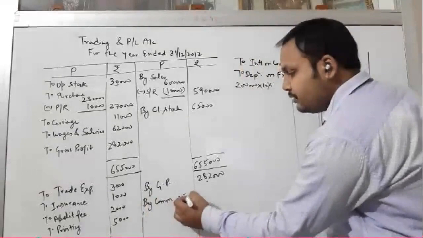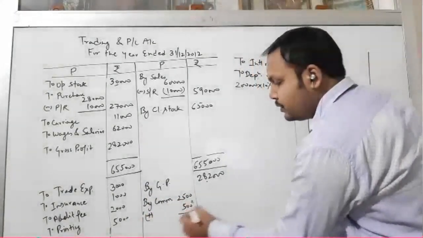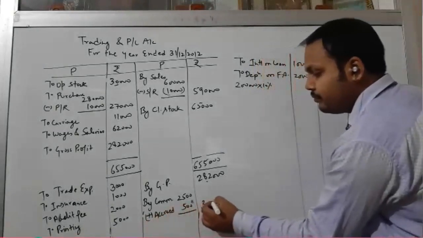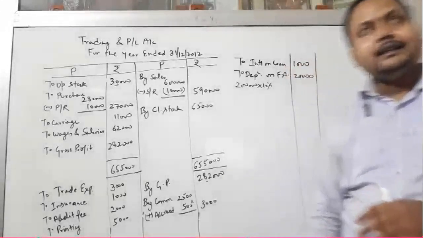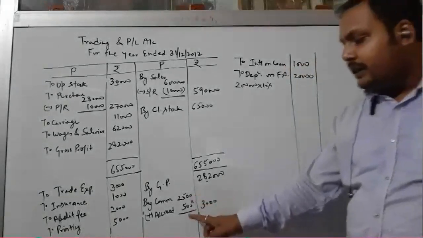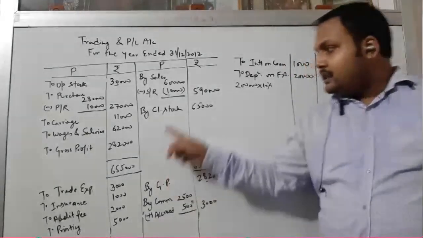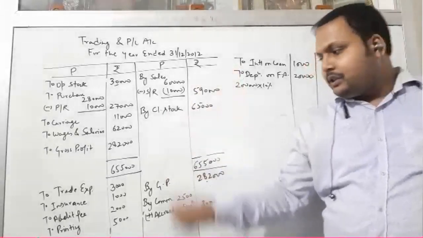Out of them 500 is an accrued commission, and you know very well accrued commission will be added to the respective income. Accrued commission को क्या करते हैं? Respective income में add कर देते हैं. So commission is 2,500, accrued commission is 500, so total commission will be 3,000. So इसका adjustment क्या पड़ेगा? Closing stock कहाँ जाएगा? एक जगह और asset side of the balance sheet,